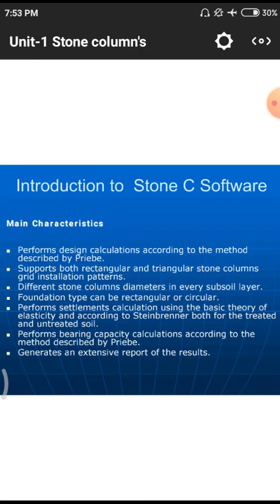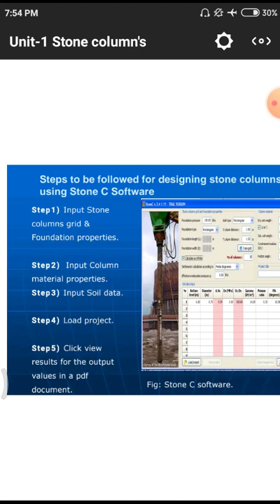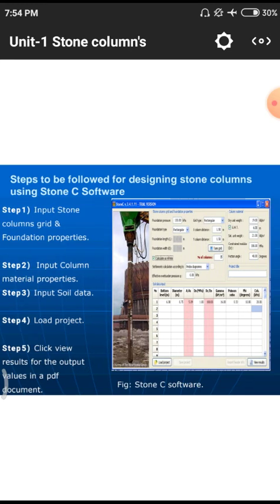This is the software. In the software itself we have all those formulas associated, and we have to simply give the quantity for each value. That means what is the soil depth of the stone column we require, what is the minimum diameter of the stone column, what is the Poisson ratio value, what is the embankment thickness value. We need to give all the data to the software. Automatically the software will give the properties whatever we need to construct. These things we need to know: what are the input values, and how we get the output.